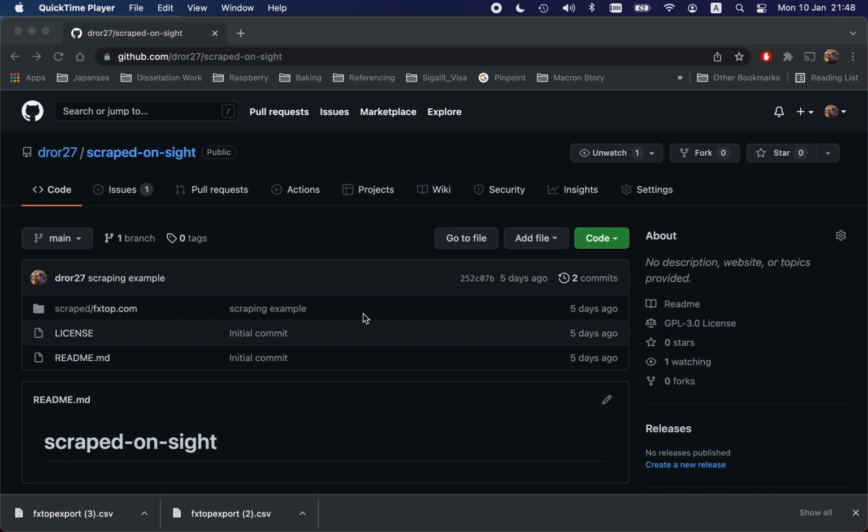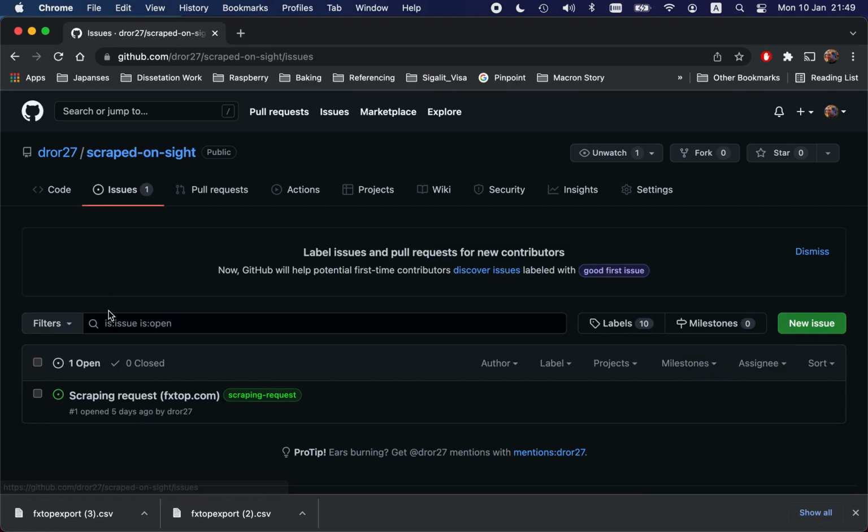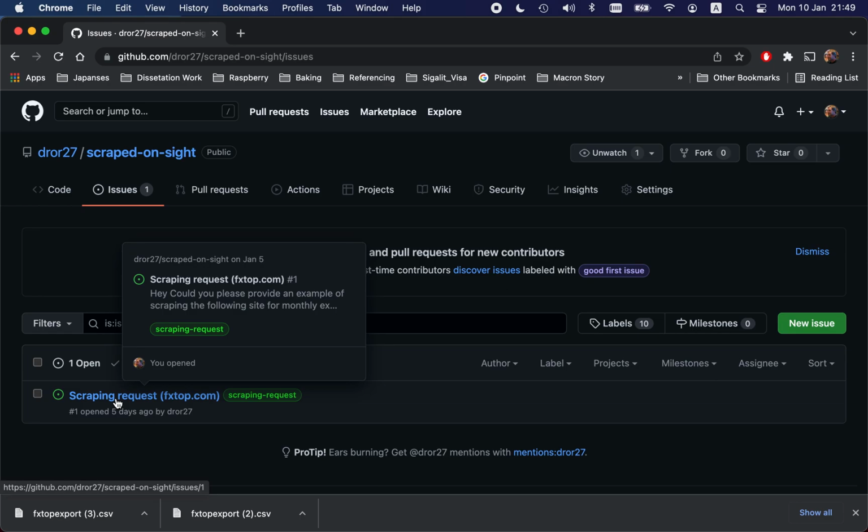It's an experiment I've been running in order to show how to scrape sites using the command line. I'm maintaining a GitHub repository called Scraped on Site, and through this repository you can request sites to be scraped. So let's assume there's a request here for scraping